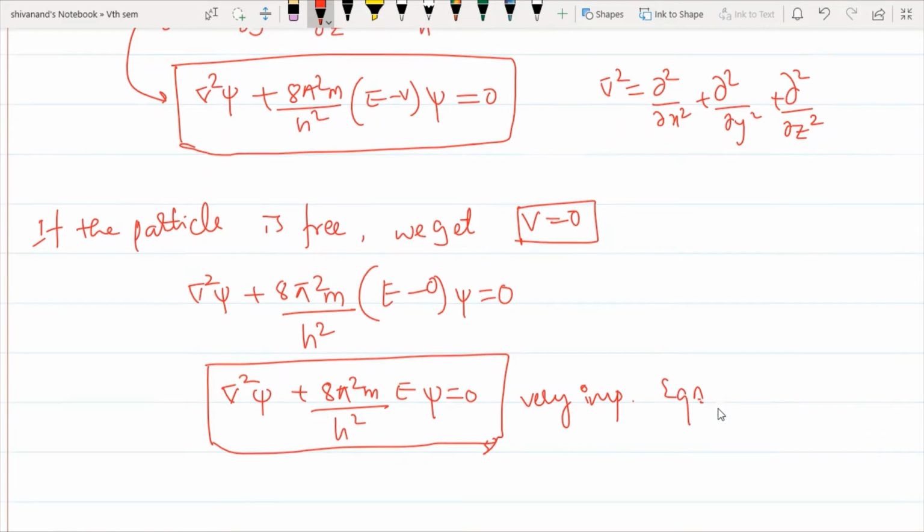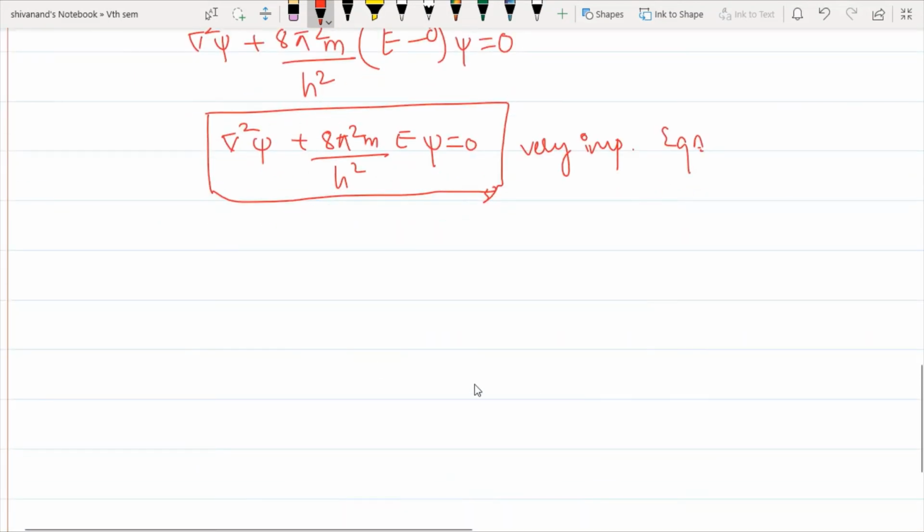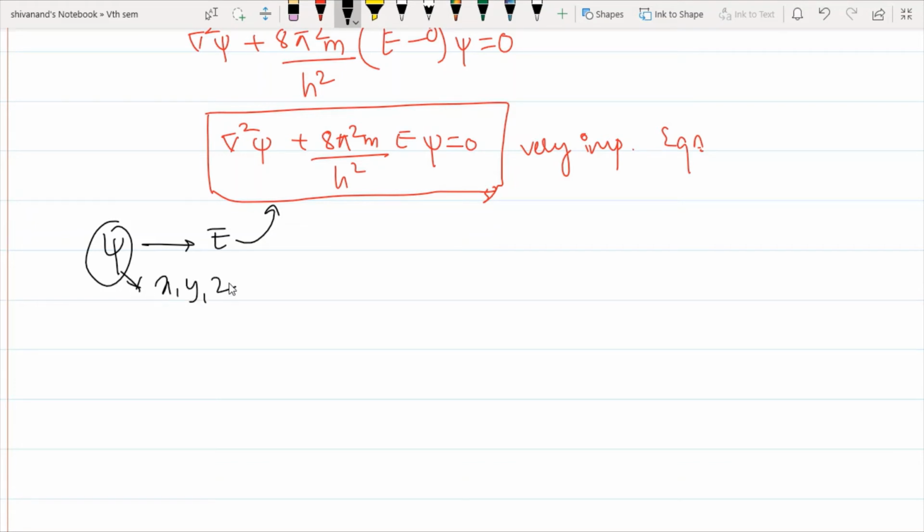So this equation tells about how that wave function, the state function psi, interacts with the energy. That psi, how it interacts with energy, can be given from this equation, right? So that's why we call this psi an amplitude or a displacement vector. Displacement vector means how it is moving in space, that is nothing but x, y, z. Then how its mass will change, how its velocity changes, how its total energy changes, and how its momentum changes.